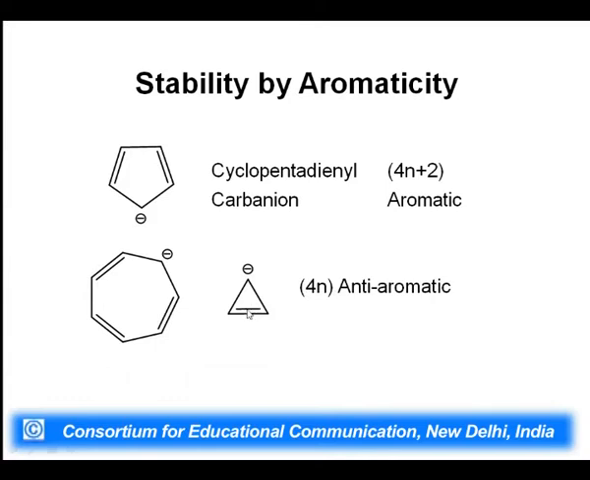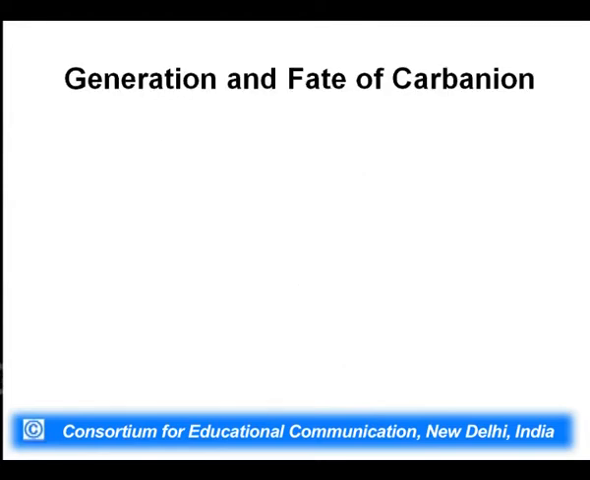Similarly, a 4n system with 2 electrons of cyclopropene and the negative charge amounting to 2 electrons gives a 4 electron system, n equal to 1, so the cyclopropenyl anion is also anti-aromatic. So, these are less stable than the molecules which do not have aromaticity. So, these were the stability factors of